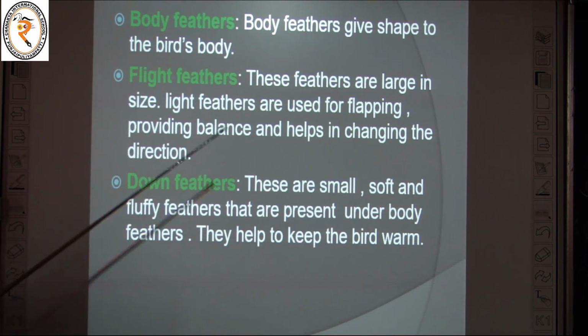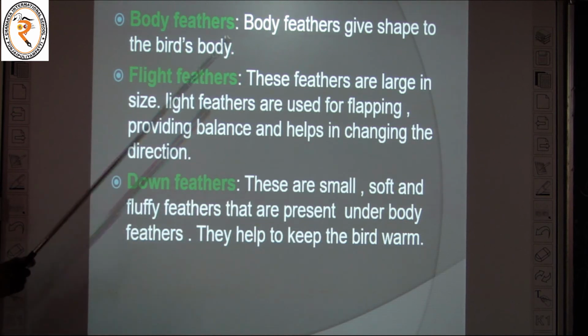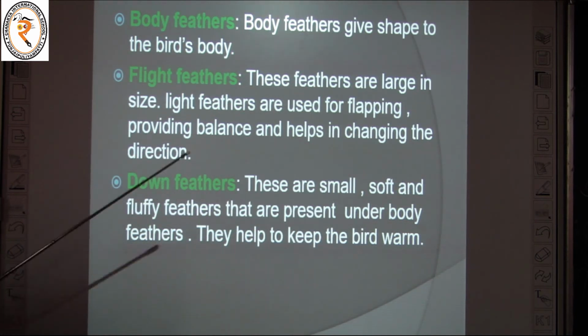Flight feathers are used for flapping, providing balance and helping in changing directions. Flight feathers are large in size.